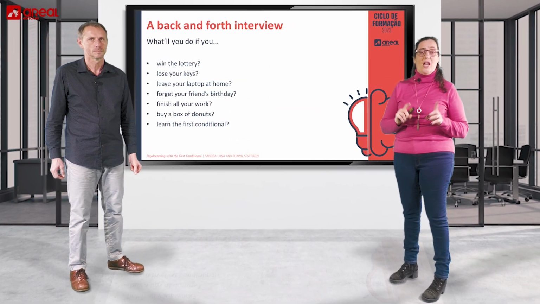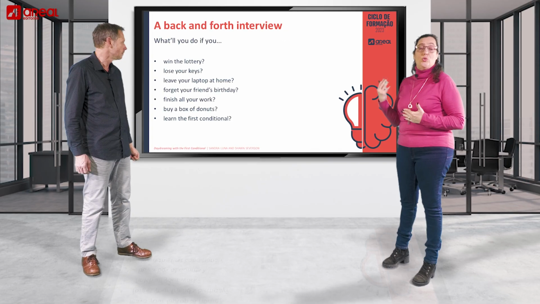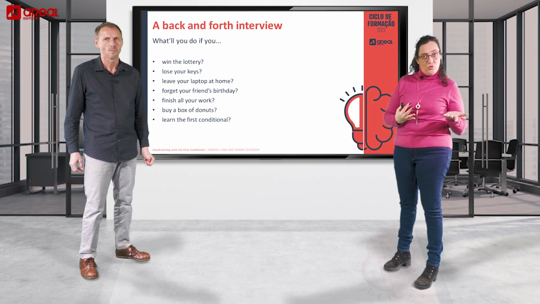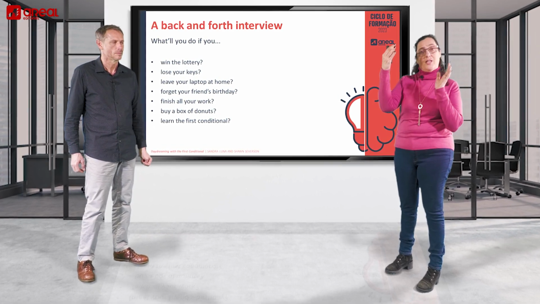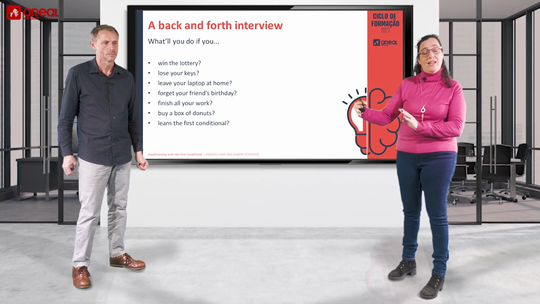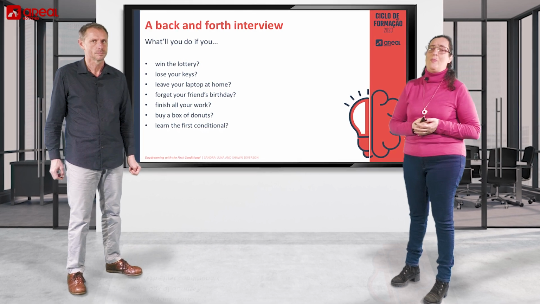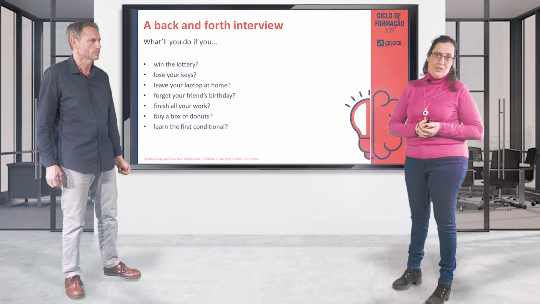Now you're going to do a task with your partner. Look at this list of situations. So what would you do if? We want you to choose two and tell your partner what you would do. Remember to use the structure, if, plus the present simple, the subject, will, might, and can, or use the other way around. You'll have about 4 or 5 minutes to do this.